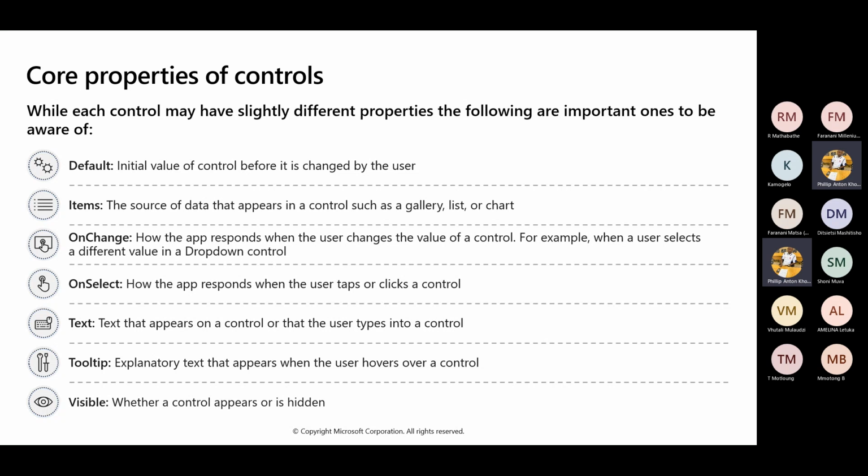We have default, which is an initial value before it is changed by the user. We have items, which is the source of data that appears in a control, such as a gallery, list, or chart. We have on change, and this is how the app responds when the user changes the value of a control. For example, when a user selects a different value in a drop down, you would want to perform